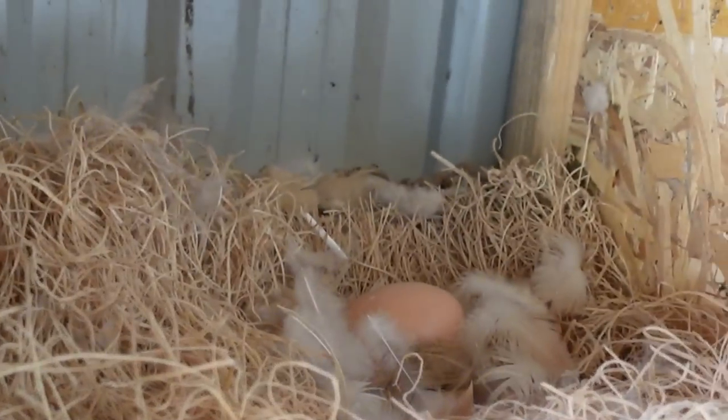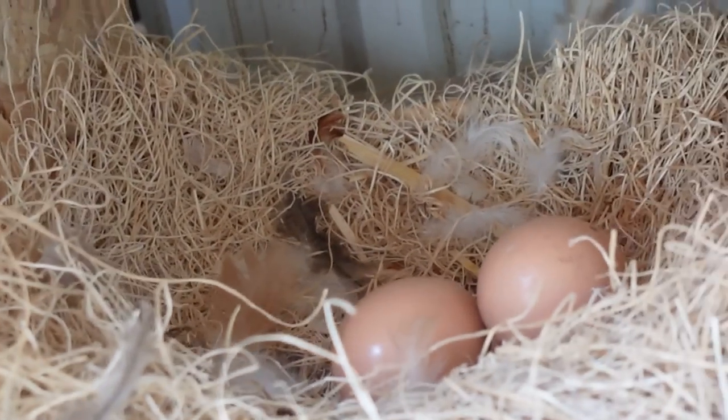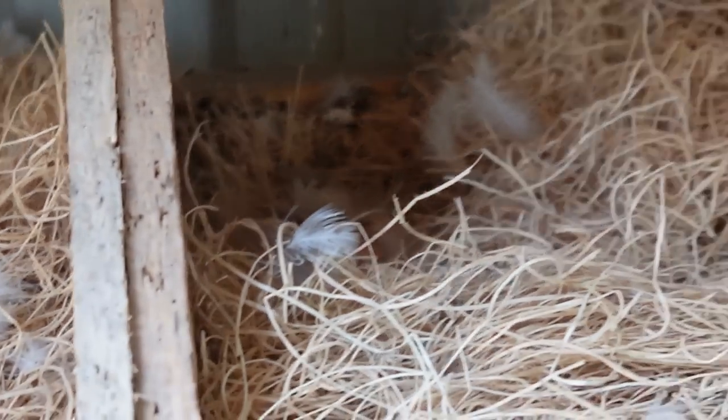So there's still some fake eggs in these other boxes. Those are fake, just so they know, hey, this is where I'm supposed to be laying. She's my oldest chicken, so makes sense that she'd be the one to be laying this one. I'm hoping soon my other chicks start to lay. So with the temperature starting to cool off a little bit in the mornings, maybe they'll kick into gear. Who knows? But anyway, I just want to give you that update,